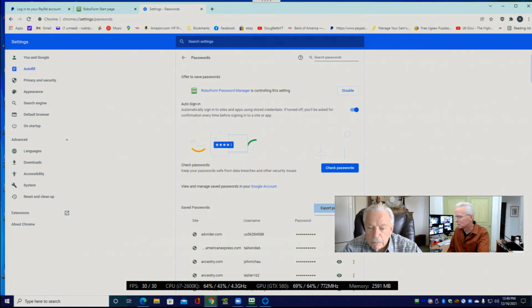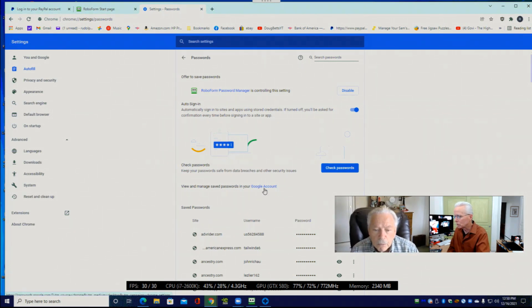No, that's just export passwords. Not going to help. Here's a link, view and manage saved passwords in your Google account. And I'm recalling this now. So you can go individually down each of these and remove the passwords, but that can be really cumbersome to do. Judging by the size of your scroll bar here, you've got a fair amount of them.